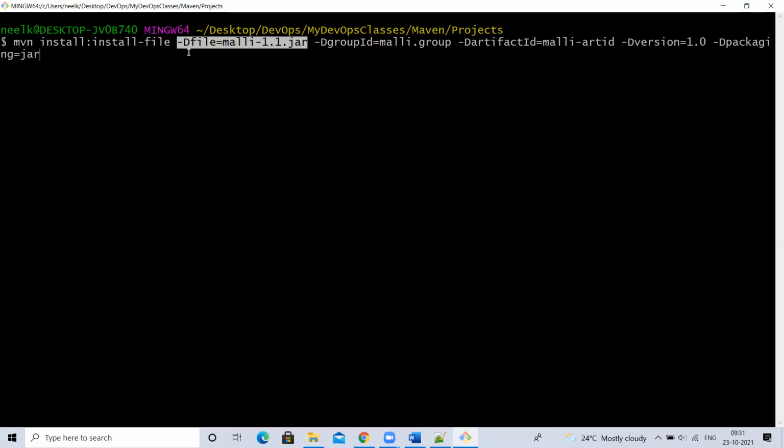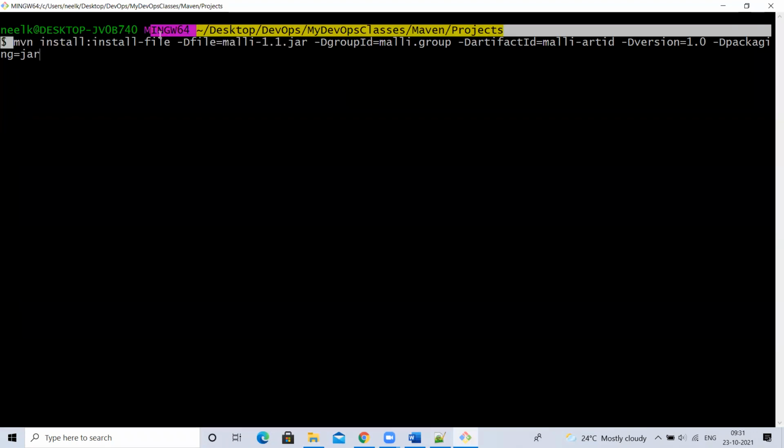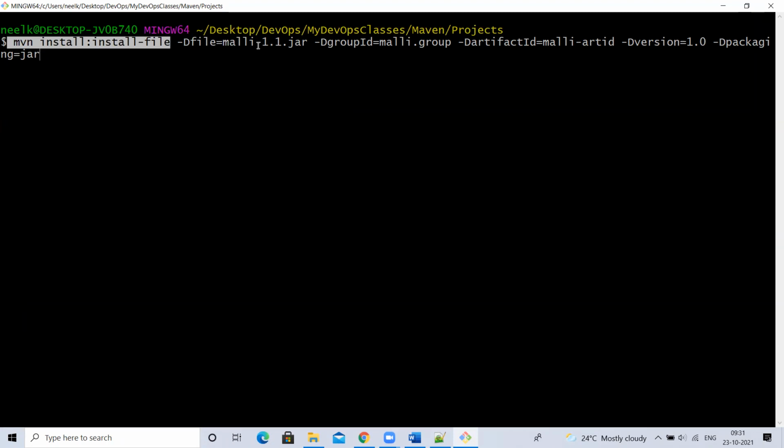Use it. This mvn install command will upload this into my local repository automatically based on settings.xml. It will understand and upload this into that local repository, and it will set this as the group ID for this jar file, this as the artifact ID for my jar file, and this as a version. Run it.